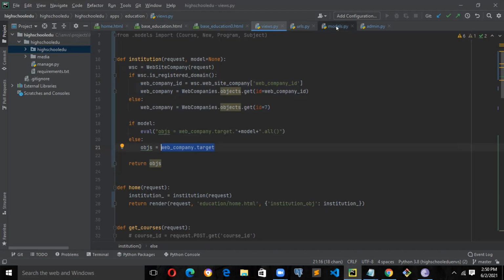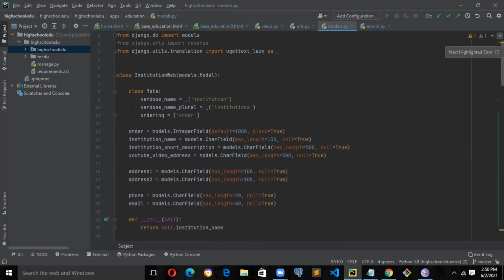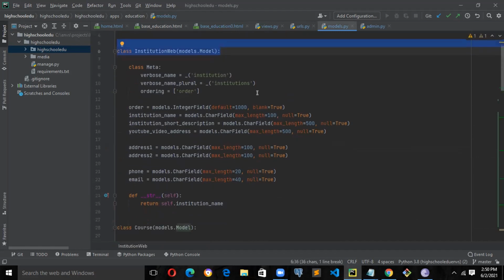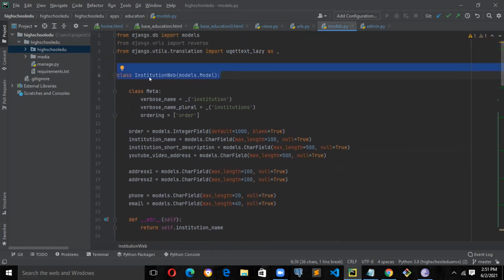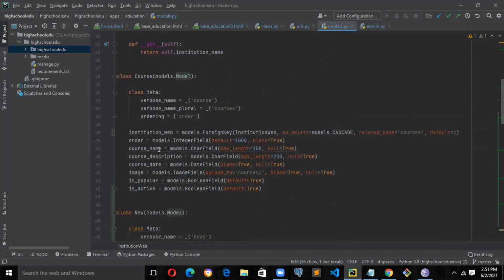If you go to the models, we have a table called institutions, okay? And in the institutions, this is the main table. Every institution has one record. And we're linking all the tables in the website into the same record. So here we go. This one is a foreign key going to the institution web. So if I want to pull all the records of courses for that specific institution, that's why we had